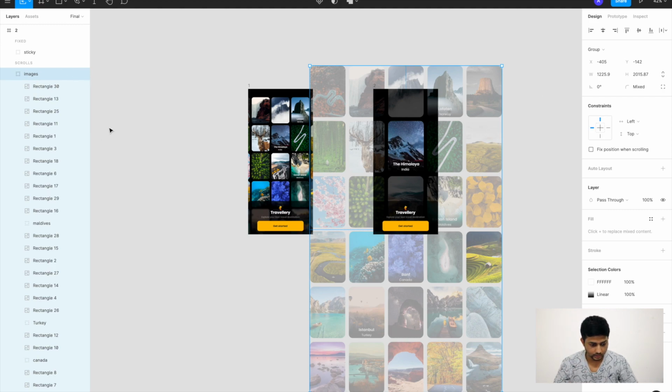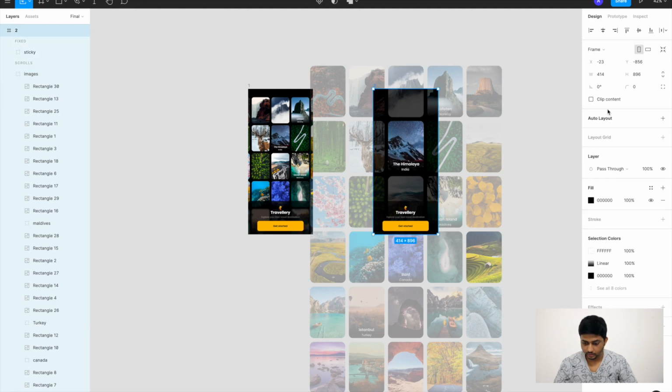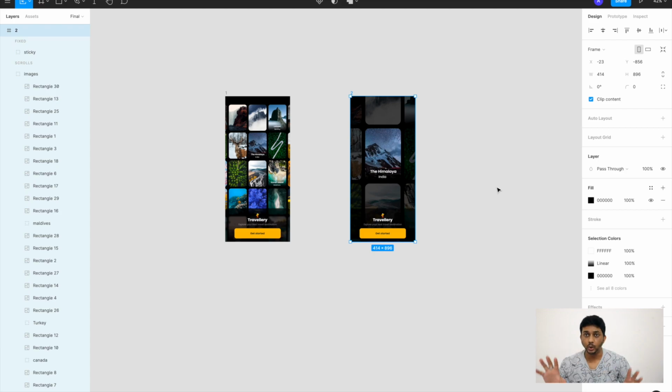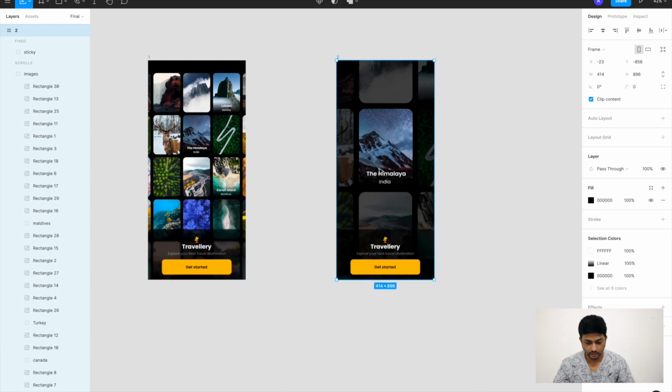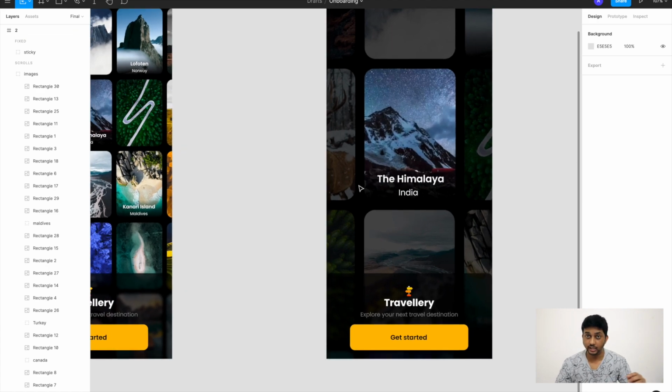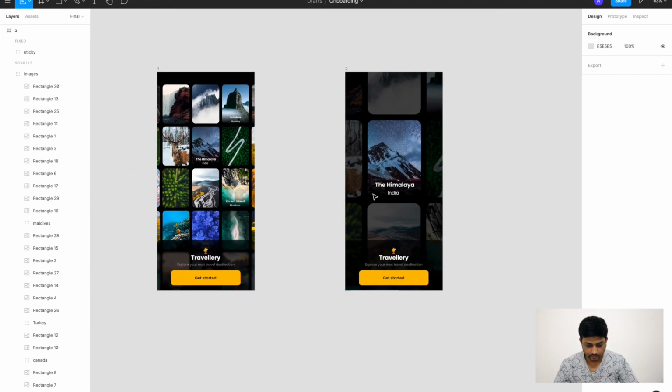Okay, and I'll come again and I'll do clip content again. So I'm just toggling between clip content and everything so that I make sure everything outside of the artboard is also perfectly fine. This is how it looks like. This will become our center bit, and since we scaled it by hitting K, scaling worked proportionally and everything looks perfectly fine right now. This is how it is.